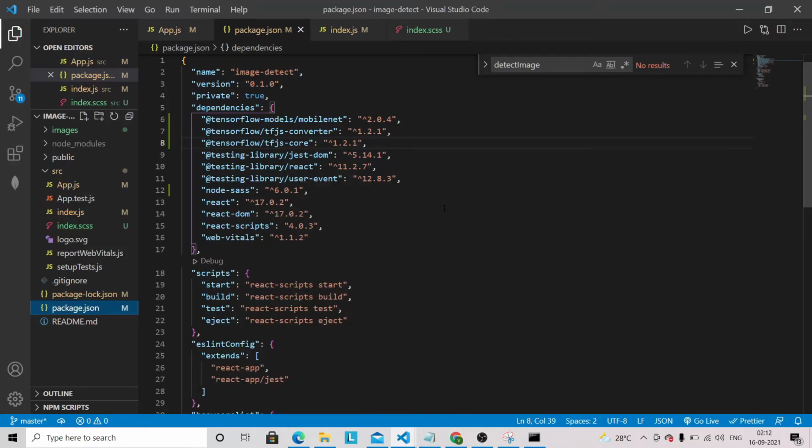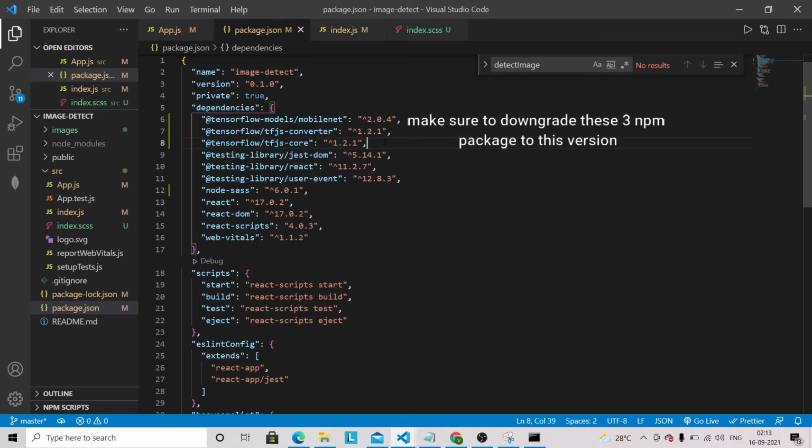So guys, the issue occurred earlier due to the version. Make sure you have this version in your package.json file. If you have the latest version of TensorFlow, MobileNet, Converter or Core, you have to basically downgrade your npm version and use this version here.